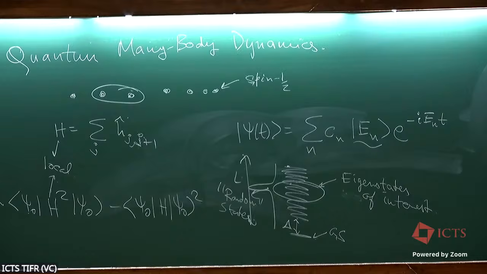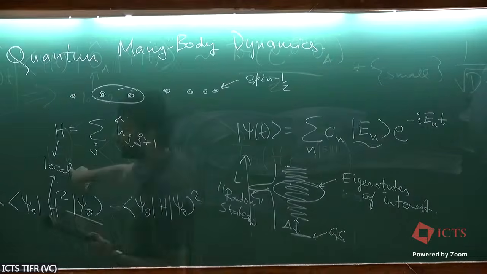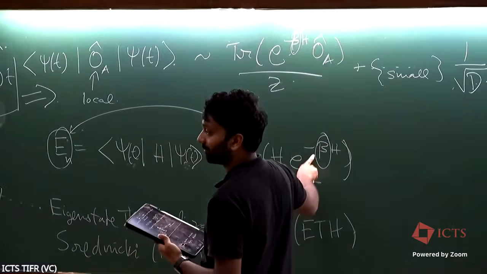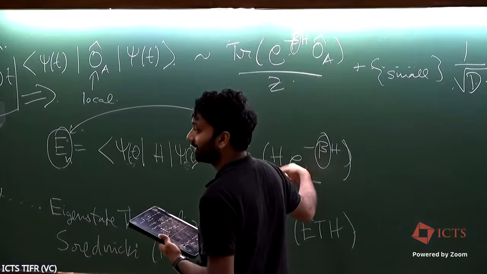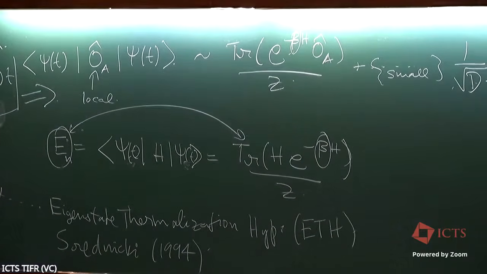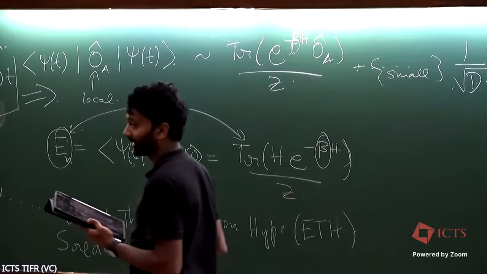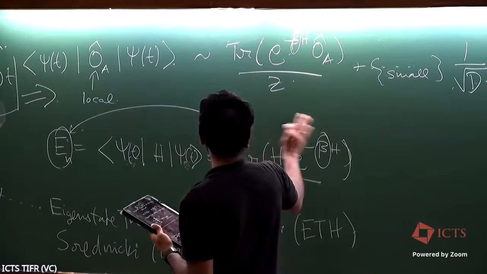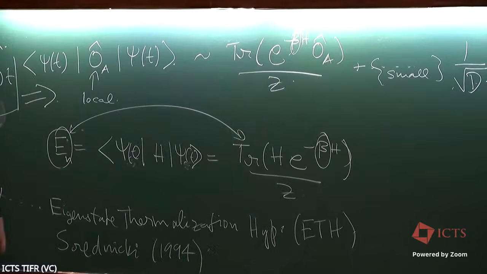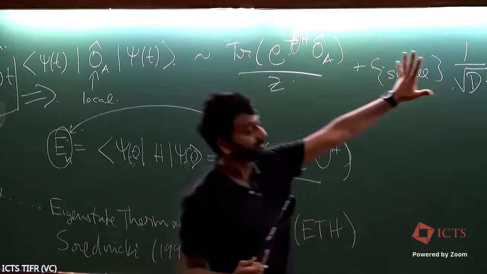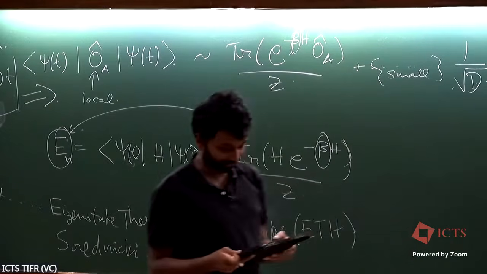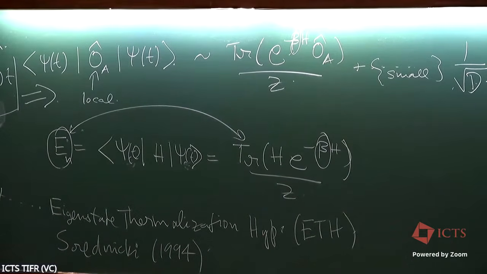So E and beta are related via this equation. Just solve for En equals trace of the Hamiltonian e to the minus beta H. Whenever you want to relate energy and temperature, you use this equation, and that's the correspondence. But beta for this talk is a complication. I'll just be working with beta equal to 0, but I wanted to give an idea of what happens in the general case.